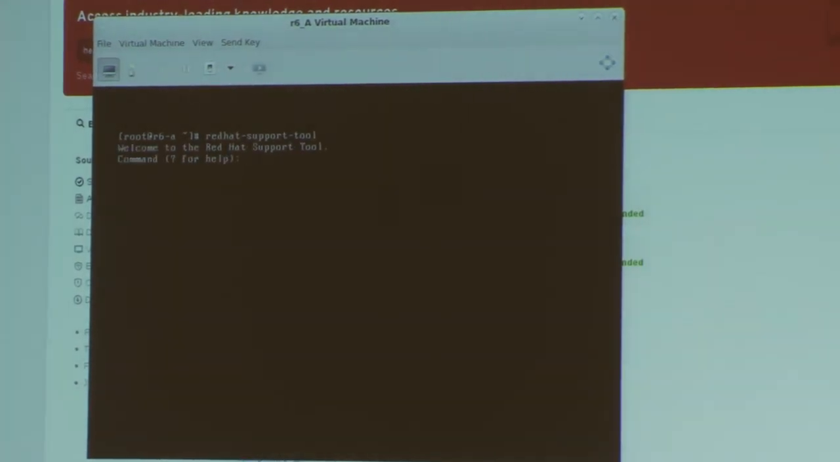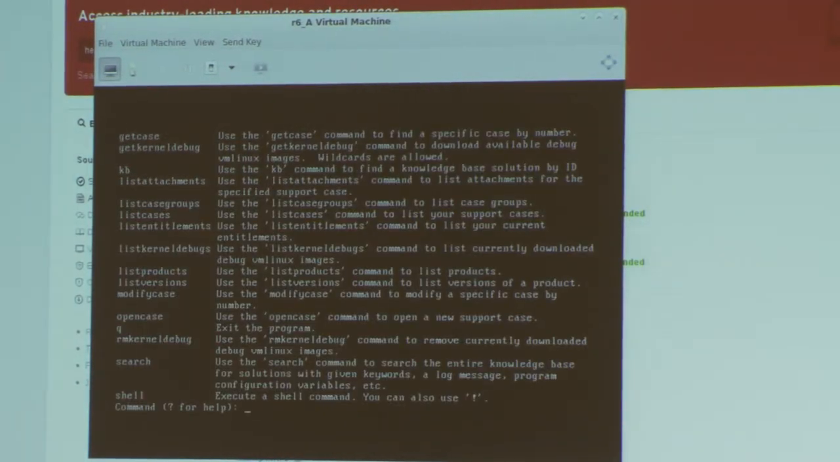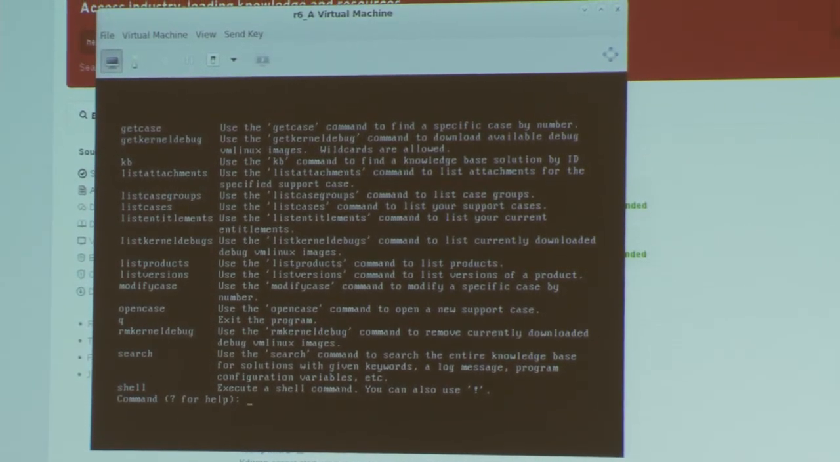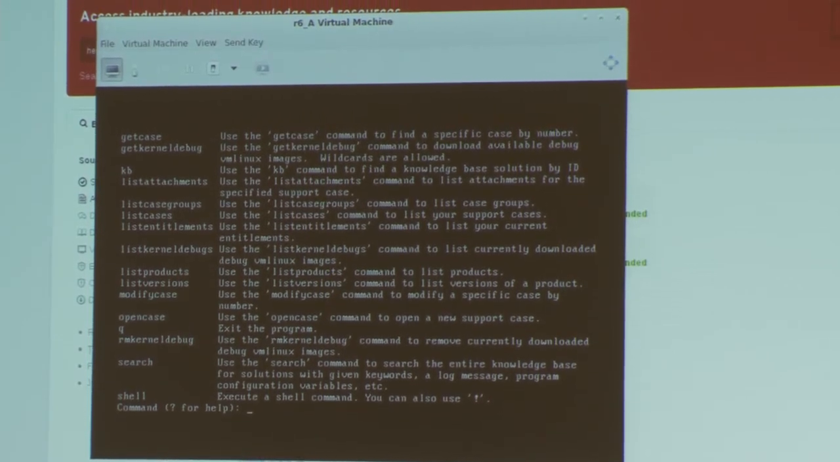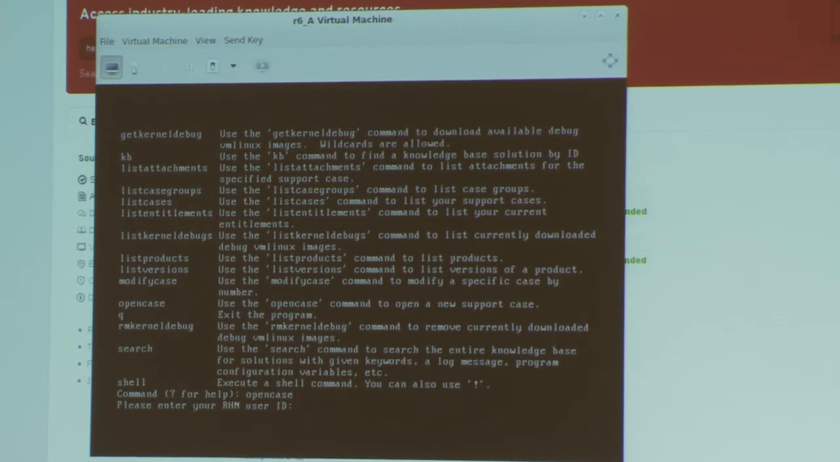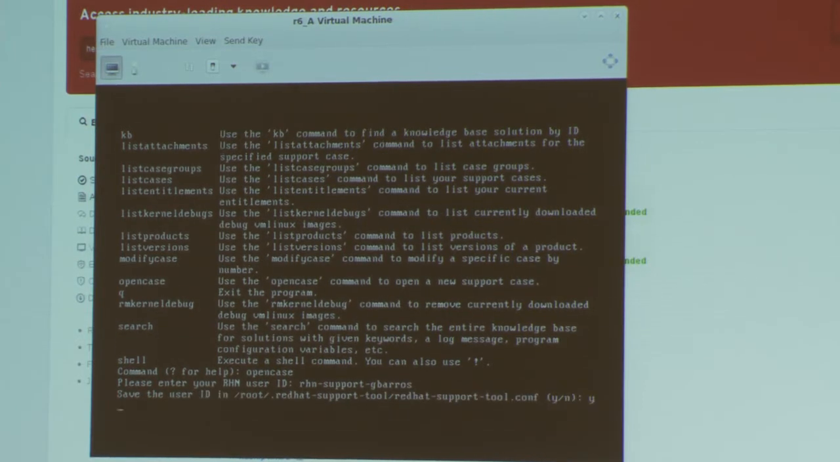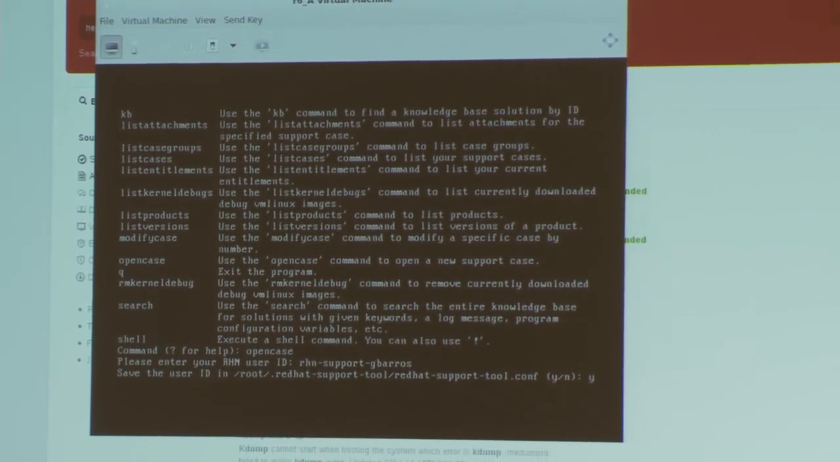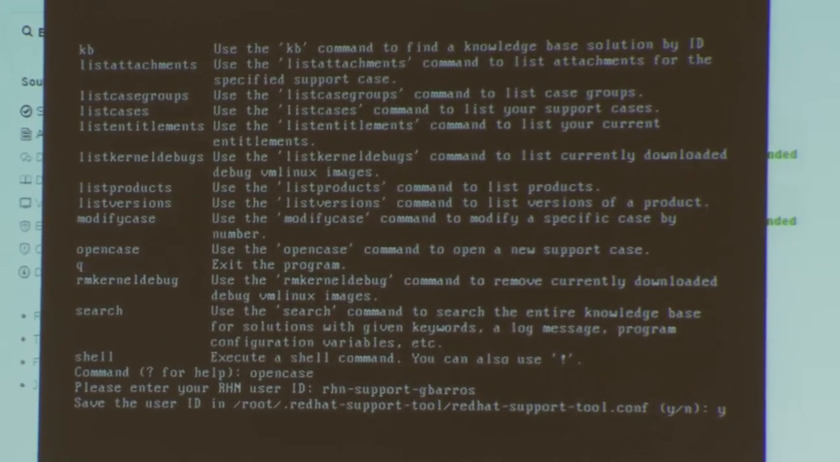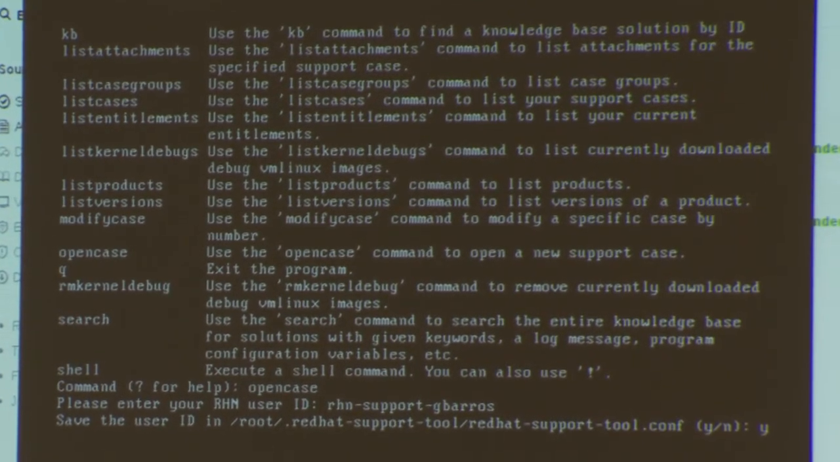So Red Hat Support Tool, really simple. Question mark gives you all of the options. For this specific presentation, really the only one I care about is open case, because say this system is having a performance issue, I want to open a case and send you a SOS report. It's going to ask me for my ID. Yeah, I'll let you save it. And assuming my internet's working, this is where I get the,